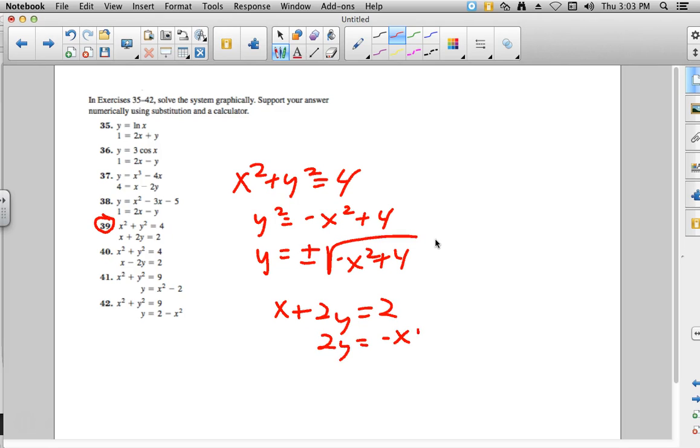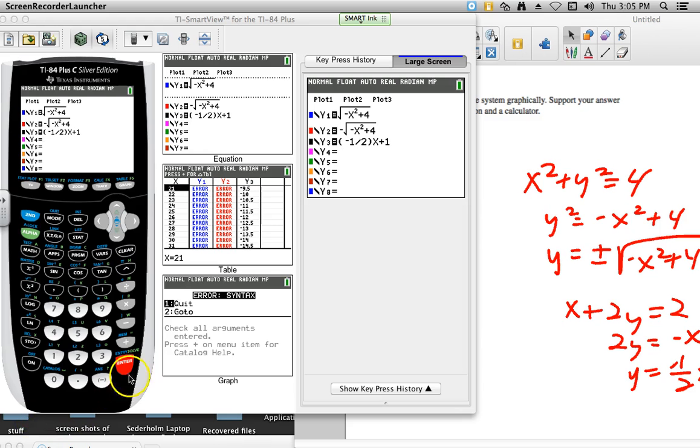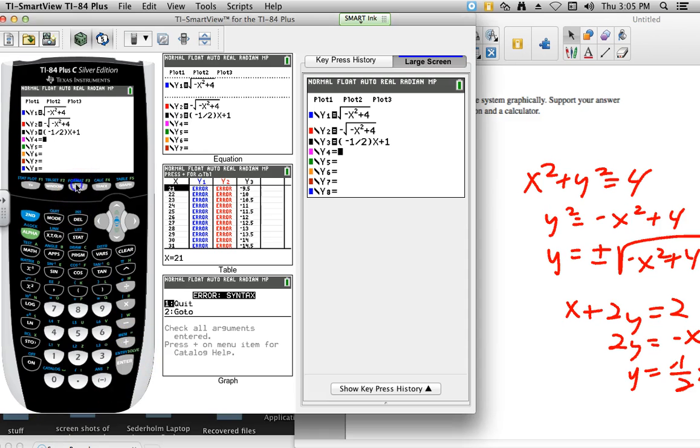So 2y equals negative x plus 2. Y equals negative 1/2 x, and then plus 1. So 3 equations. Positive and negative for our circle. And then y equals negative 1/2 x plus 1. Again, I'm going to stop the recording until I get those punched in. These are all typed in, so now it's a matter of seeing the graph